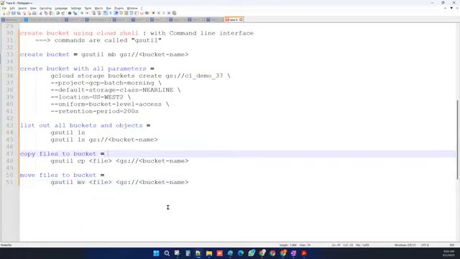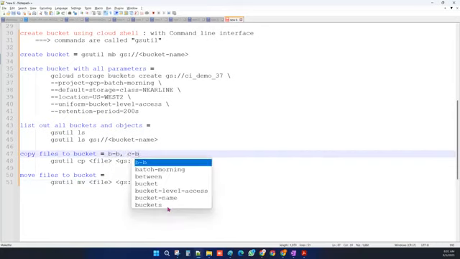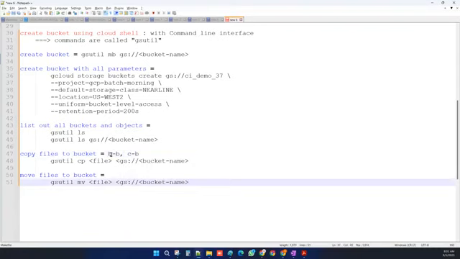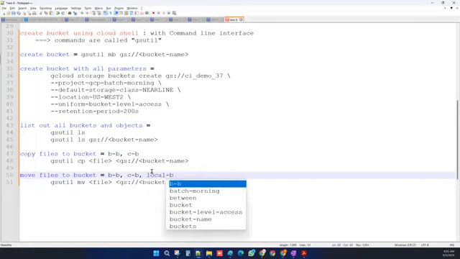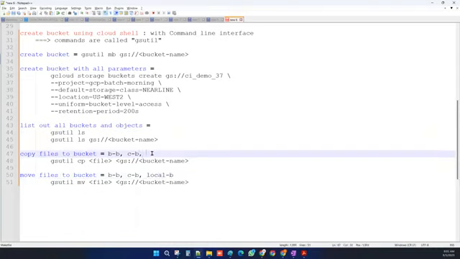Okay, so that means bucket to bucket. Cloud shell to bucket you can also do. Likewise, you can move files from bucket to bucket, and cloud shell to bucket also. Not only that, you can also do it from your local machine, local to bucket. So for those who want to try out local to bucket, first thing they